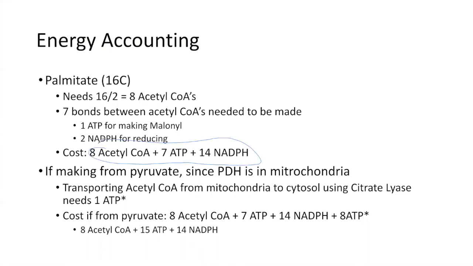But there's a cost that we have to consider, in the fact that fatty acid synthesis occurs in the cytosol, but the acetyl-CoA is made in the mitochondria. Remember, pyruvate to acetyl-CoA happens in the mitochondria. So there's this transport cost that needs to be taken into account. The cost of transporting acetyl-CoA from the mitochondria to the cytosol needs 1 ATP. If you want to take that into account, then every acetyl-CoA needs to have an extra ATP cost to it. So if we have 8 acetyl